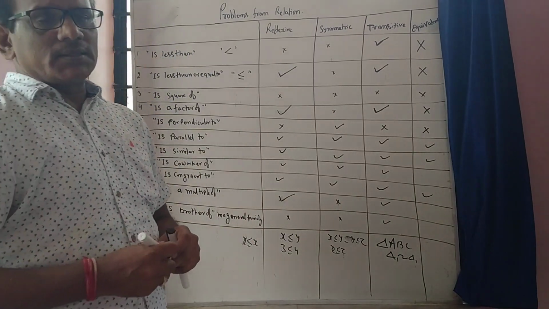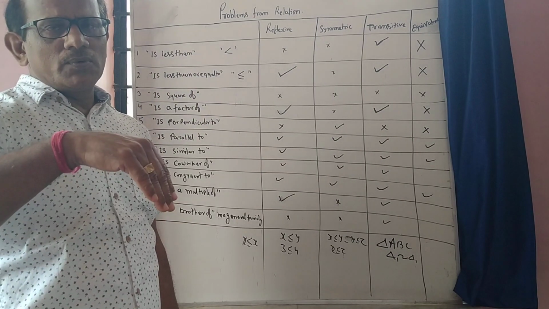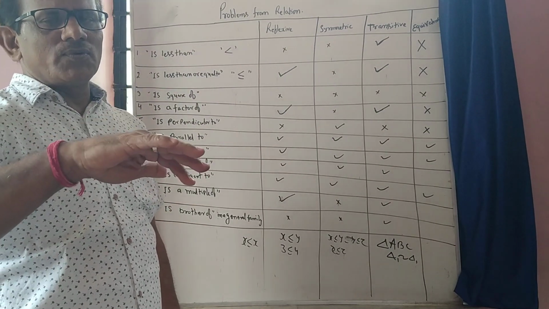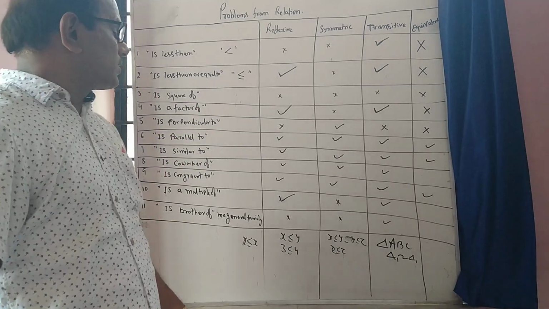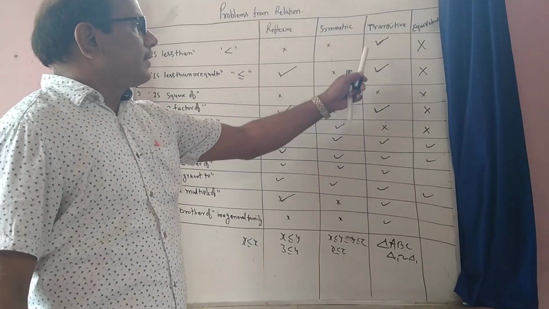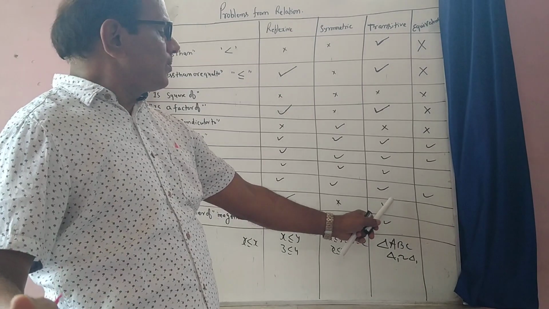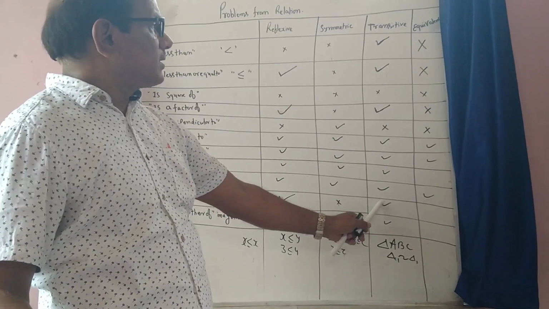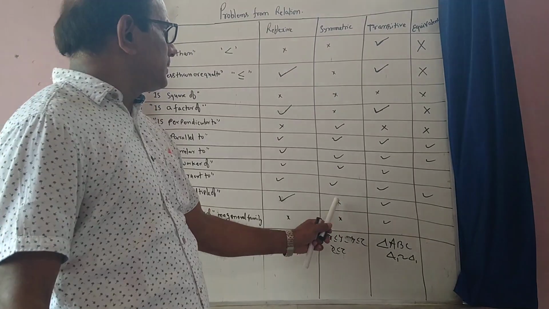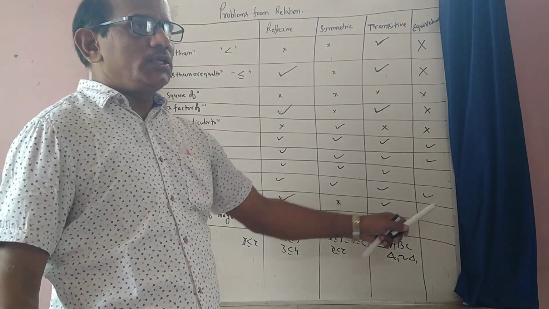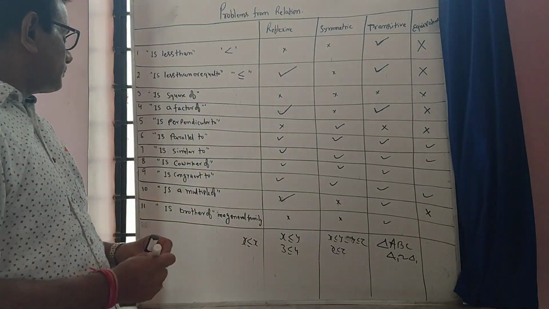Then the symmetric relation. If 4 is a multiple of 2, 2 is not a multiple of 4. 2 is a factor of 4. There is a relation from the right hand side also, but it doesn't have the same relation, so it is not symmetric. And if a number x is a multiple of y, and y is a multiple of z, then x is a multiple of z. So the multiple of relation is a transitive relation. The multiple of relation doesn't satisfy all three. It is not symmetric, so it is not an equivalence relation.